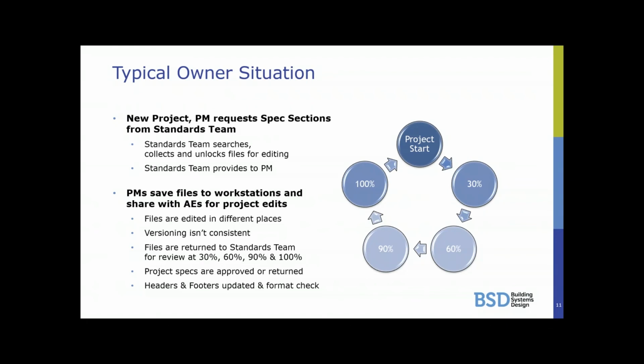Then what happens is once they have a project that starts, they'll have a project manager, CM, who now goes and asks for a collection of, they call it checking out the spec sections that they think they're going to need for their project, and then begin to start sharing them on their workstations and off with shared files with their partners to be able to work with, and then everybody starts unlocking them and then starts going back to look through them. The versioning can be inconsistent, but there's at least at a minimum 4 checkpoints where these project